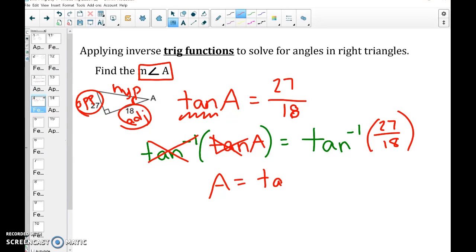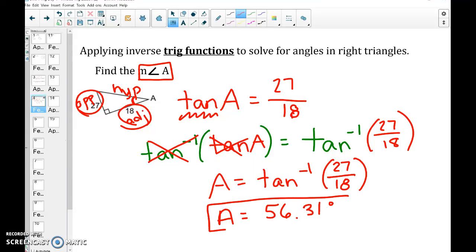On the other side, A has to be equal to whatever inverse tangent of 27 divided by 18 is. Now on your calculator, if you're using one of mine, the Casio ones, you're going to have to type in the fraction first. So 27 divided by 18, hit equals. You should get 1.5 on your screen. Then hit shift and hit tangent, which is the tan key. Then you should get your final answer of A is equal to